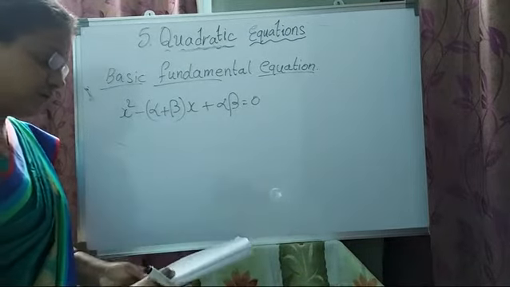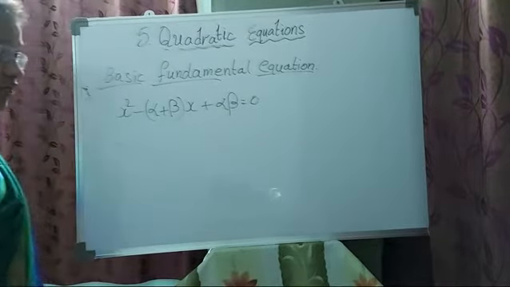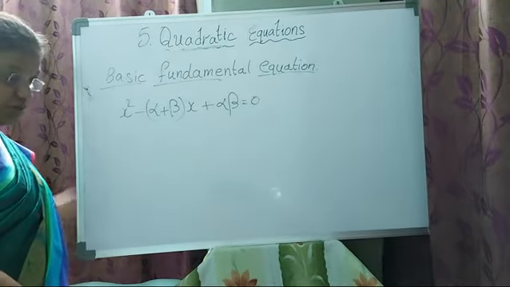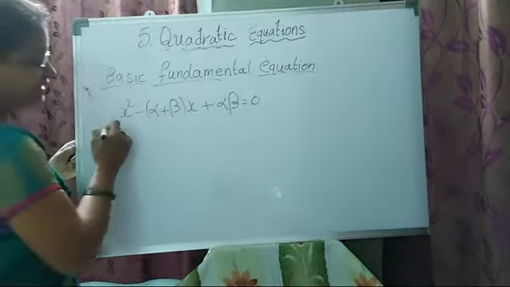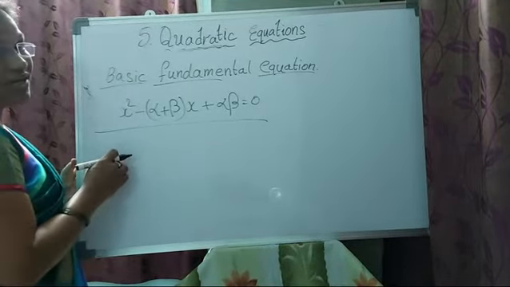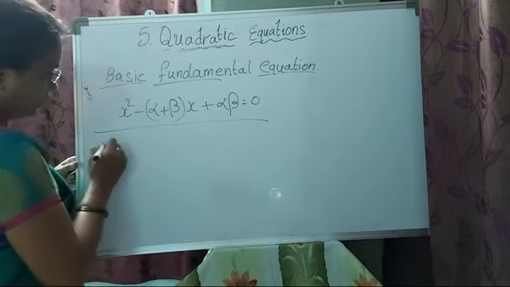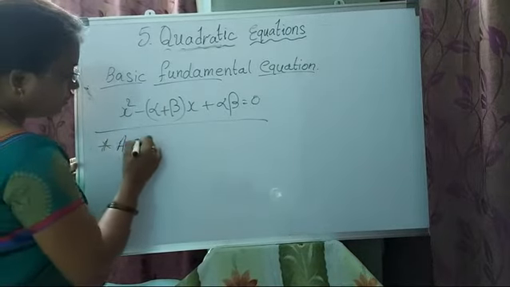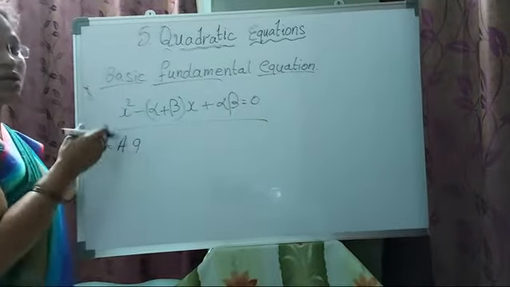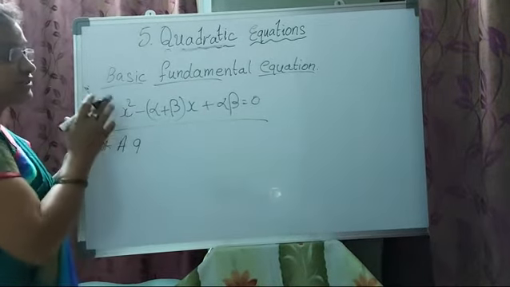Now we'll see that a quadratic equation can also be solved by the method of completing the square. By taking the two squares, what are the identities? Two identities we use to solve a quadratic equation. Quadratic means square, no? You write this in your notes also, this basic fundamental equation. Before starting the video, I wrote something on the board; you write that one first, and after that, this. Next,